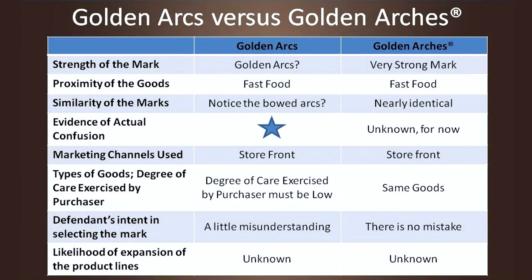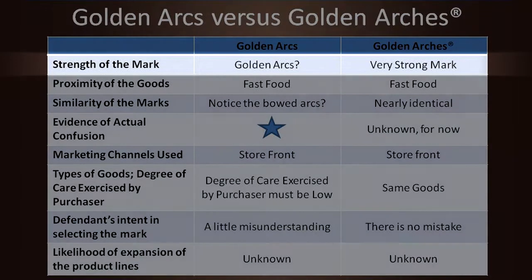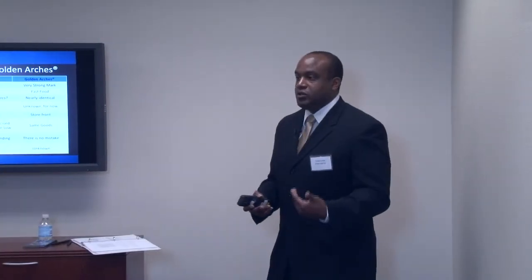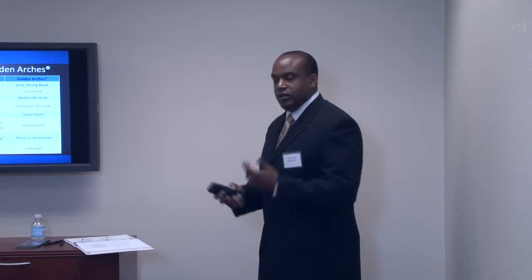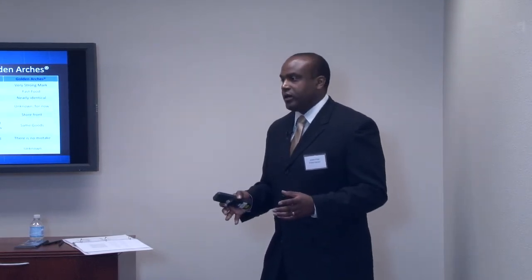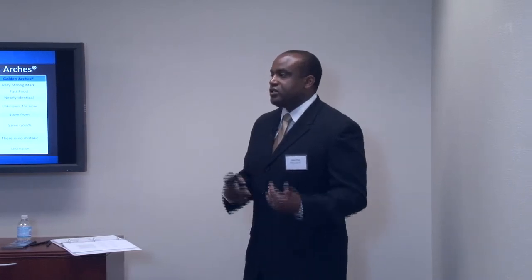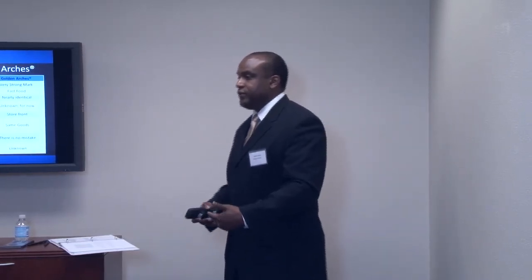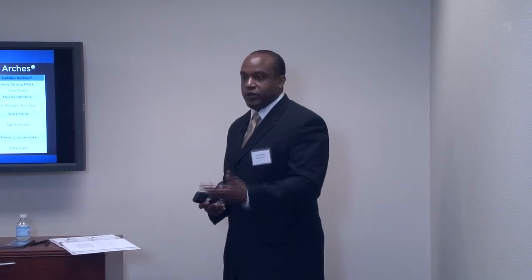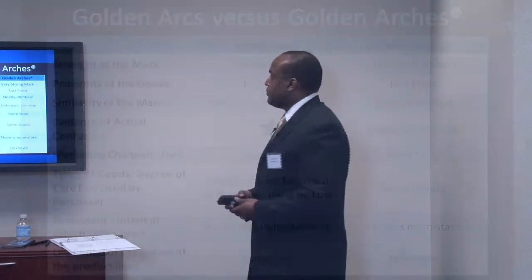This is just a structure I use to kind of give you an idea of the analysis that might go through with a likelihood of confusion standard. As you see on the far left column are all the factors that we had talked about earlier. And then we can just kind of run through these, as you can see. The strength of the mark. You look at the strength of the federal trademark registration versus what the accused infringer is doing. And in here, you know, the golden arches is a very strong mark, okay? And that leads to an interpretation that there is trademark infringement if you have anything that is similar to that very strong mark, such as the golden arcs, right?